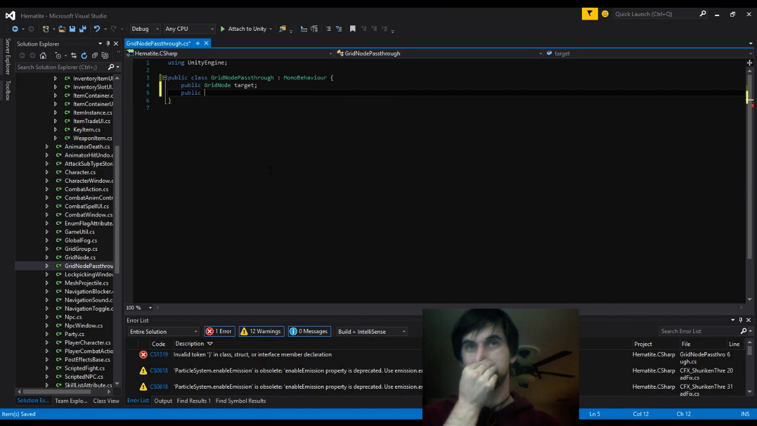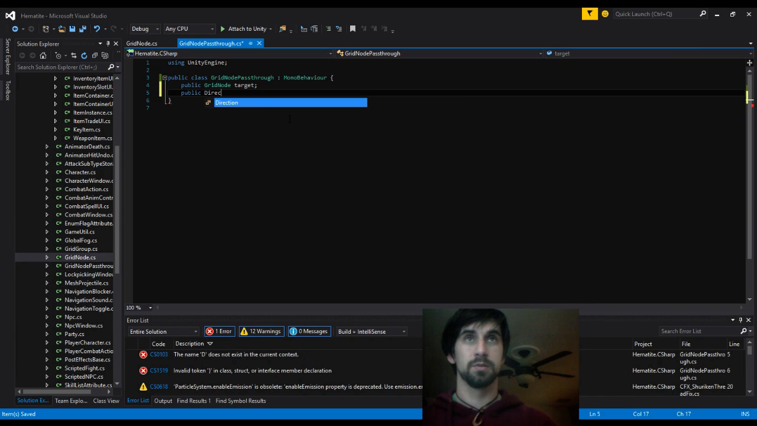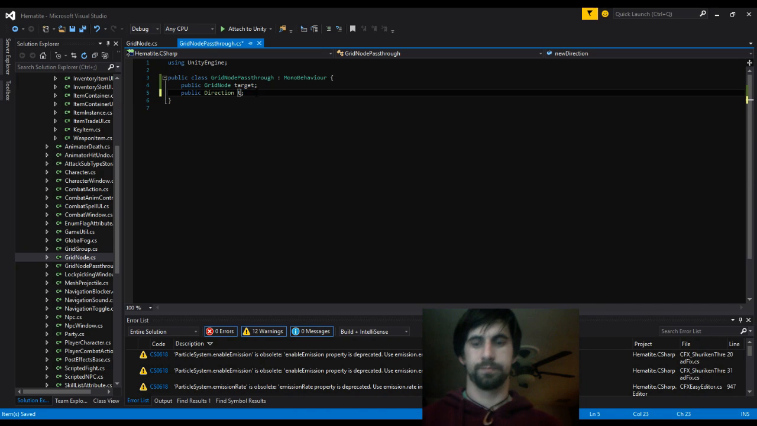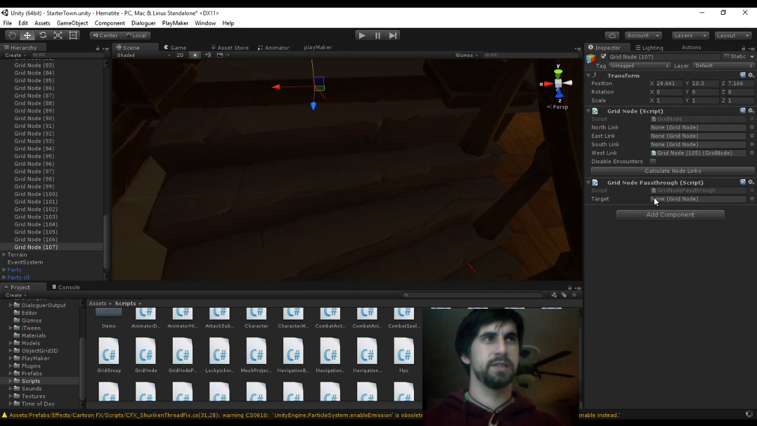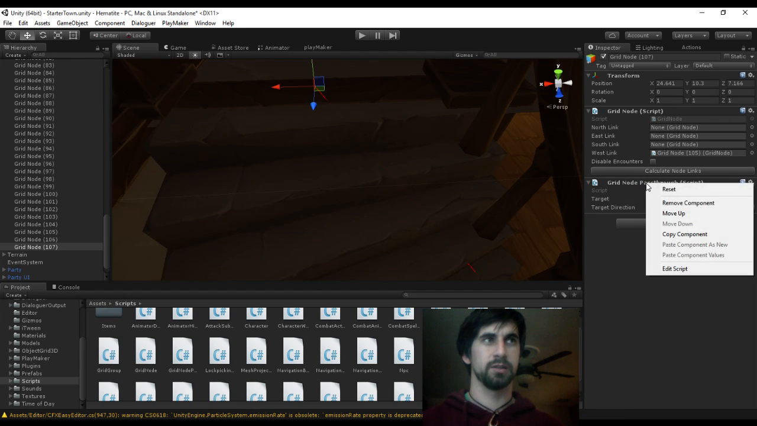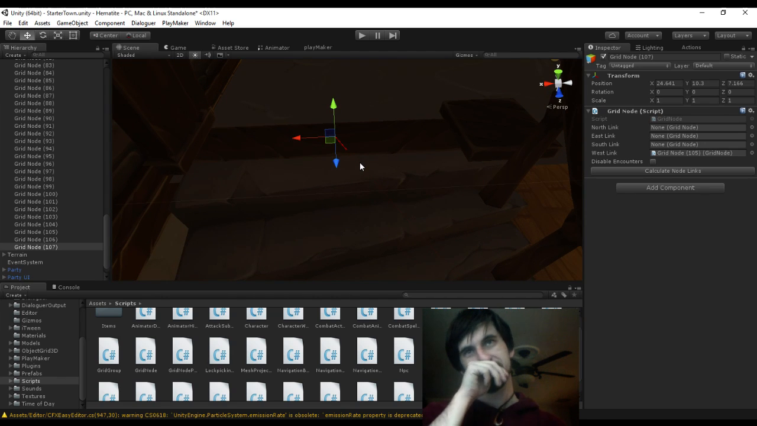So when you pass through, yeah, direction is just an enum. Wow. There we go. And this does not need a pass through. More things are coming to mind, but for now